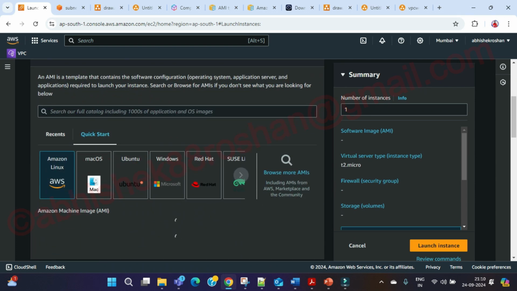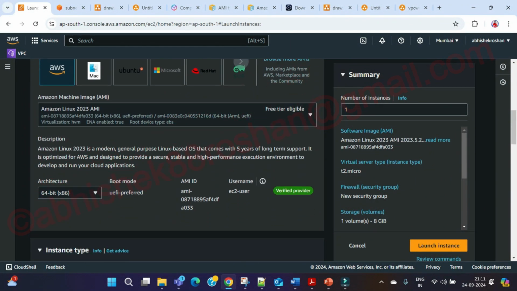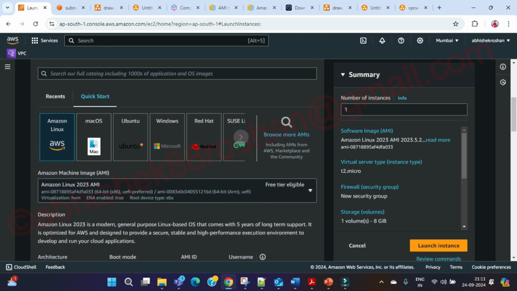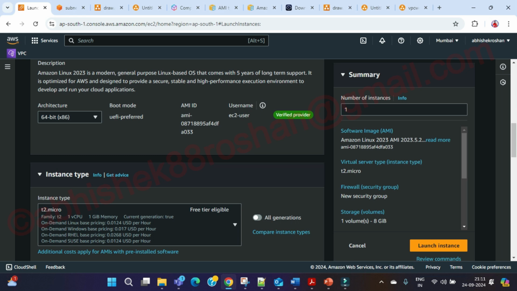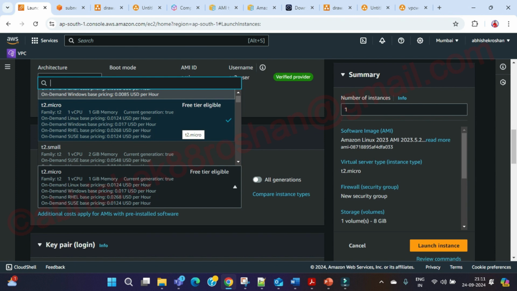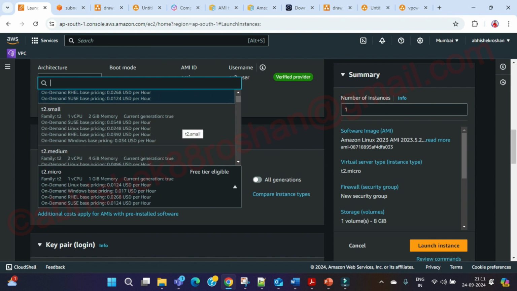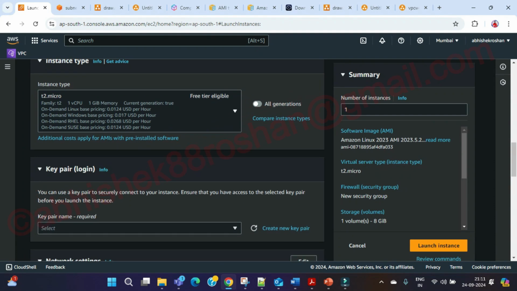you can see these are the images, with different operating systems. If you scroll down a little bit, it's not just an image of a particular operating system, but it also includes the configuration of your instance type. Whether you want a T2 medium, a T2 small, or a T2 large or something like that. So these are the hardware configurations,